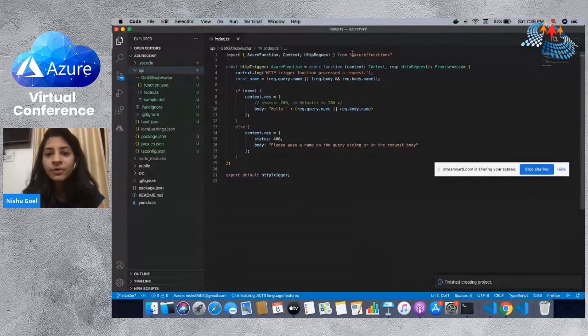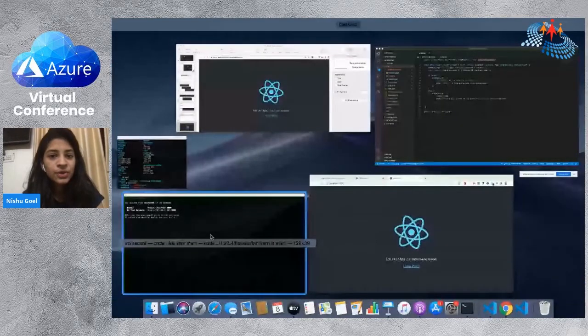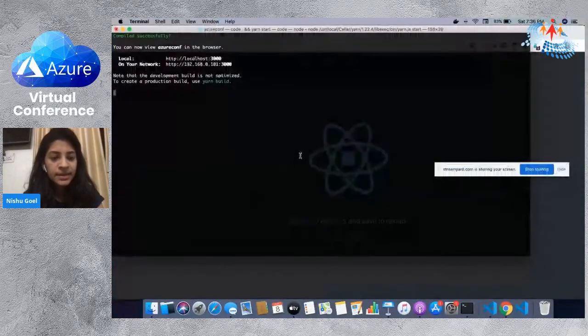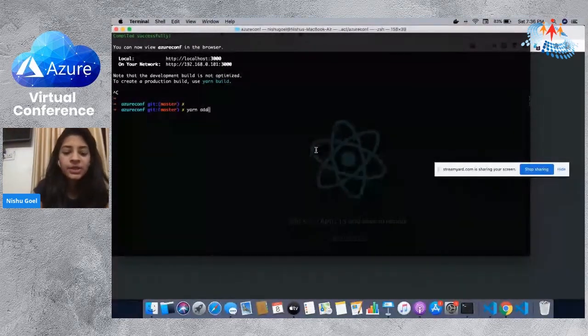But it is importing from this Azure Functions package, which we have not installed inside our application yet. So we would need to add that to our code base as well, right? So let's quickly go in here and come out of it. Yarn, I'm using the Yarn package manager. So I'll do yarn add